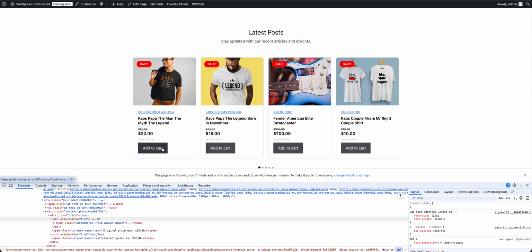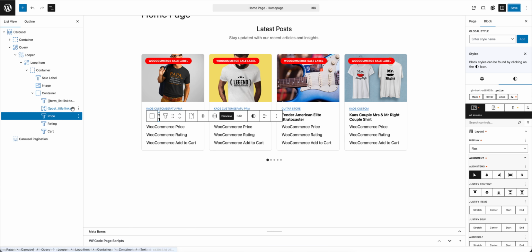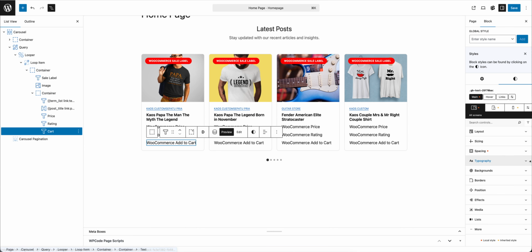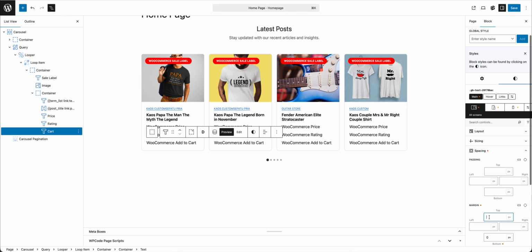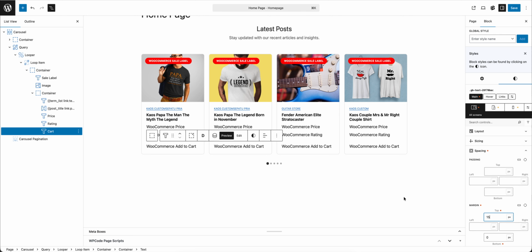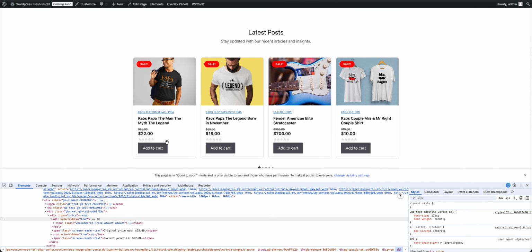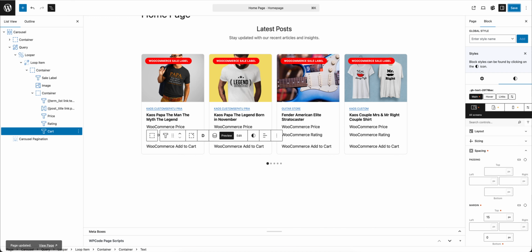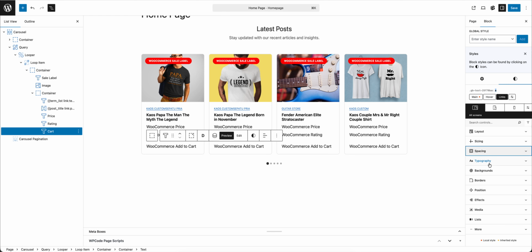Now we style the button, the cart button. First I will add a margin, like 15 margin top. Let's style the button. Here we also need to add a selector, the link selector here, this one. I want to change the font size to 15, font weight bold, and then change the background